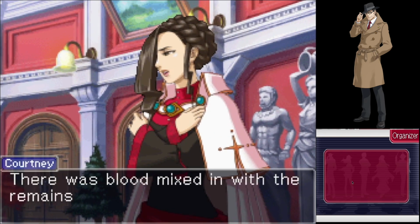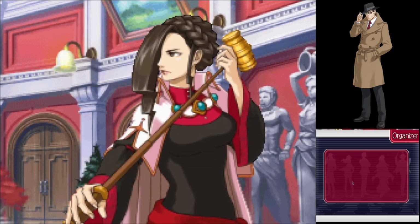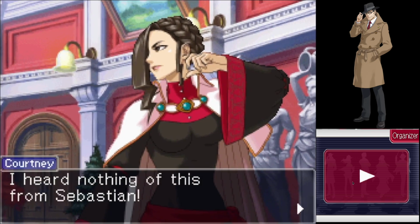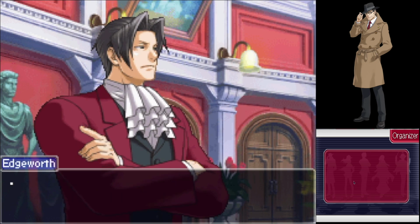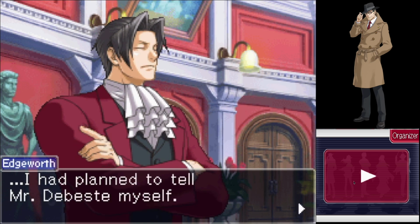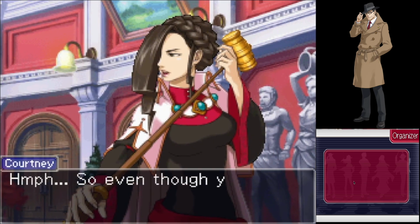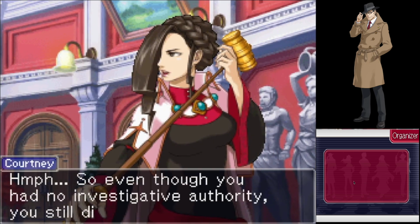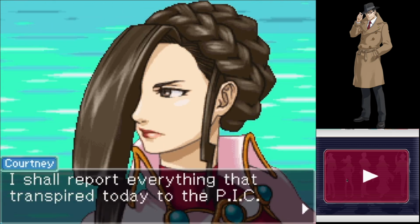Oh. There was blood mixed in with the remains of the Gemini sculpture. I heard nothing of this from Sebastian. This was a report from Detective Gumshoe. I had planned to tell Mr. DeBest myself. Oh, what the hell? That's bullshit. Hiding evidence. No investigative authority. Hypocrite. You still did as you please. Well, technically it was me, but